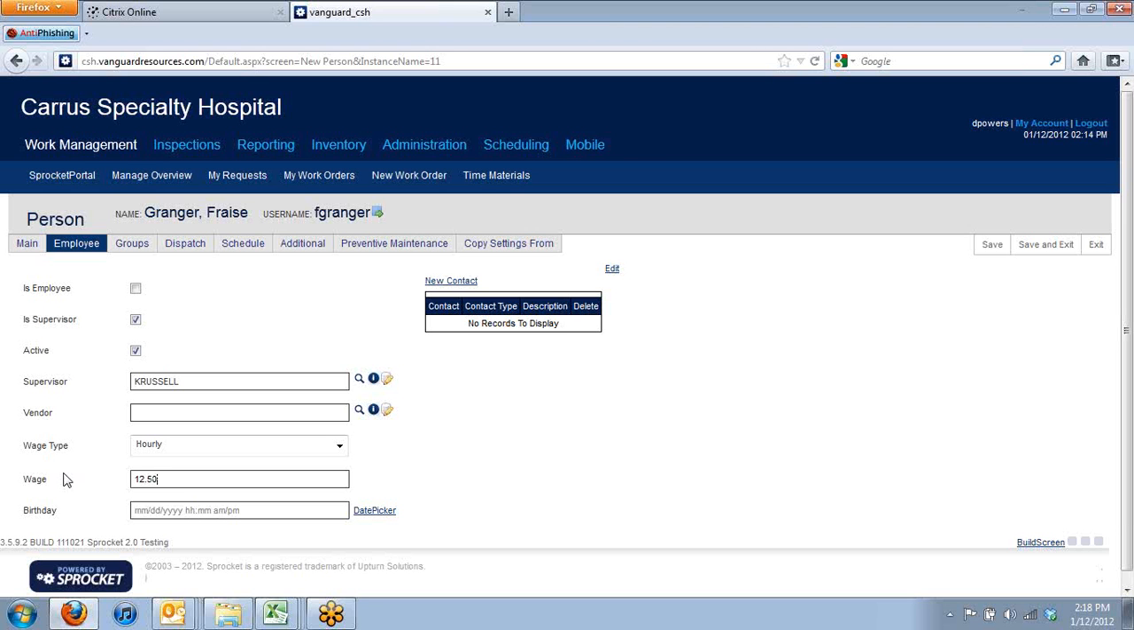Now, this is something that I'm kind of a fan of. It's up to you if you want to do it at your site. But what this does is it lets you track how much you're spending on each work order by putting in their hourly rate. So you can kind of track to see make sure you're using people as effectively as you can. And then if you want to put a birthday in, there is a birthday